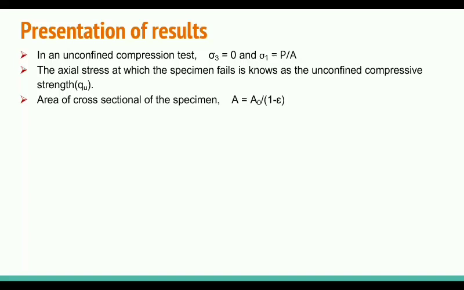So by using this formula, which I have already derived in the previous lecture, A is equal to A naught divided by 1 minus epsilon, where epsilon is the axial strain, delta L by L, and A naught is the original or initial cross section area of the soil specimen. Why am I using both terms? In this case we can write A naught also, or we can write Ai also, because this is not a consolidation process. Consolidation process is not happening in this case. There is no consolidation process. So in this case, Ai and A naught are both equal.